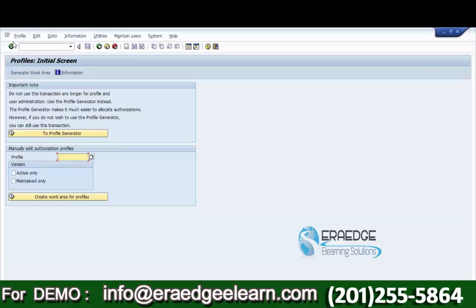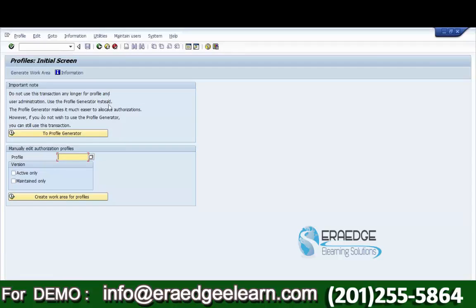SAP recommends not to use this because every company has to follow some compliance, GRC, governance and risk compliance, as per the US government or Indian government or any other government. So permissions cannot be given directly through SU02, because SAP has already given a note here: you do not use this transaction any longer for profile and user administration.